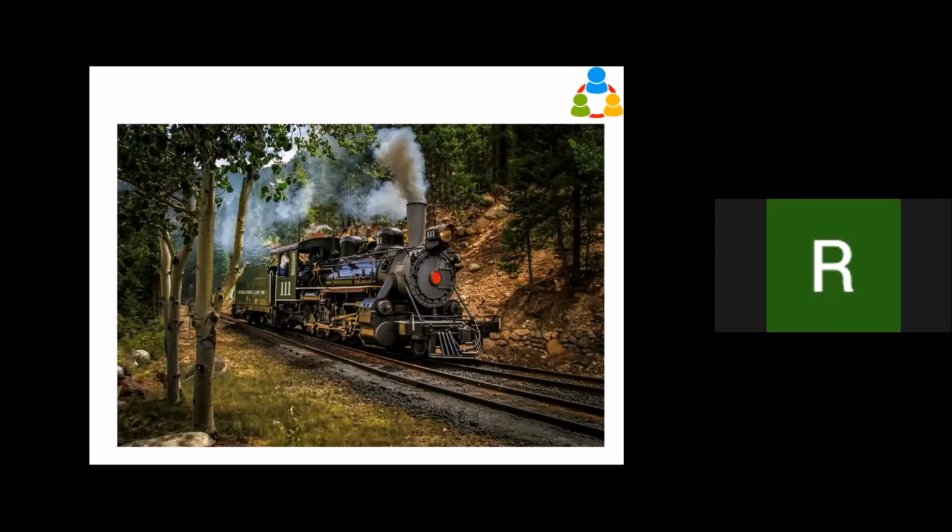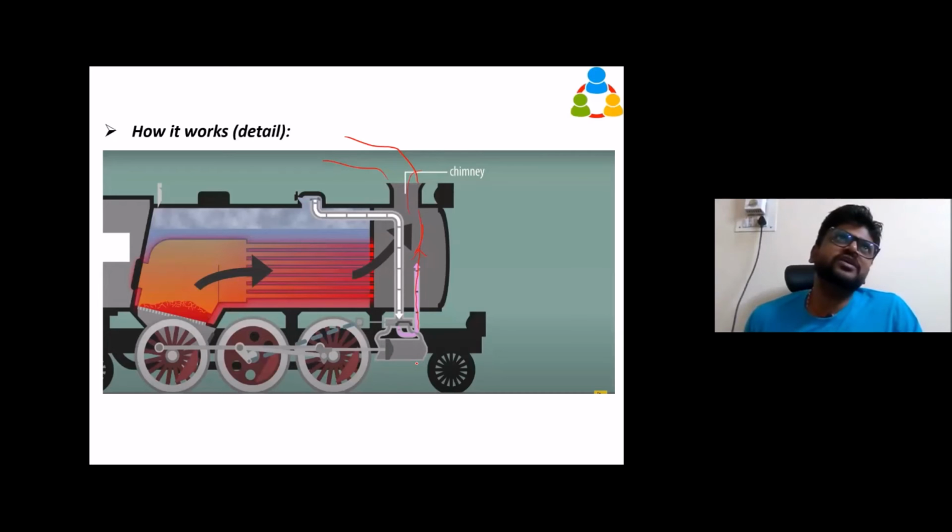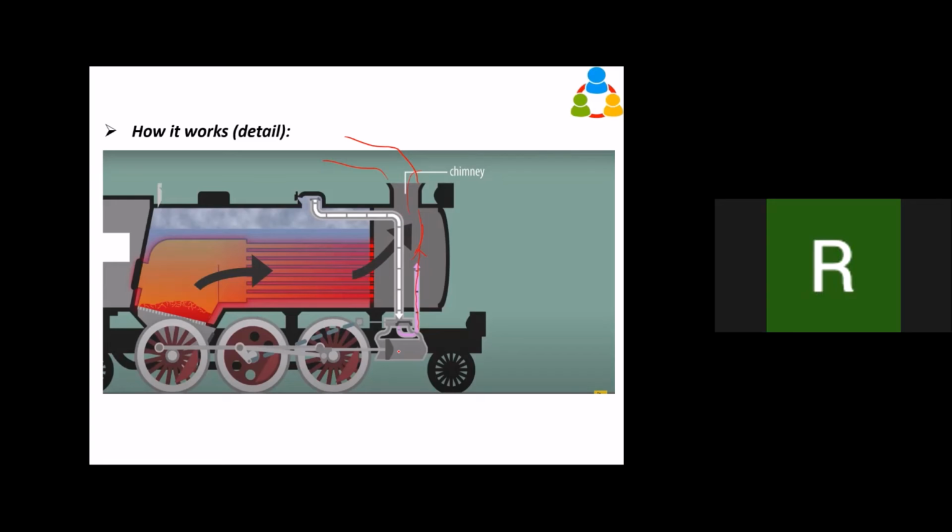So, sir, the steam coming out of the piston is mixing with the saturated steam. The steam coming out of the piston is the used-up steam, you can call it. The temperature will be relatively low compared with the superheated steam. Compared to this white color, this purple will be related. Temperature is low and pressure will be less, because it has done the work. But it will mix with the saturated steam and it will go out.